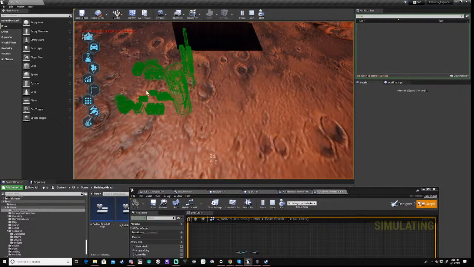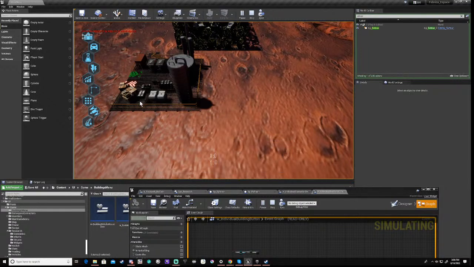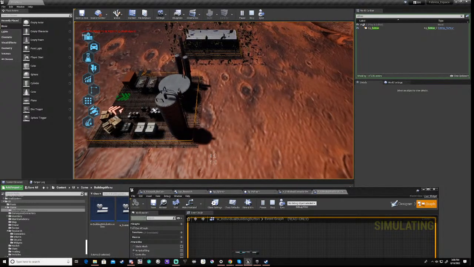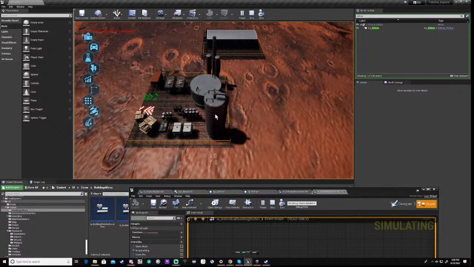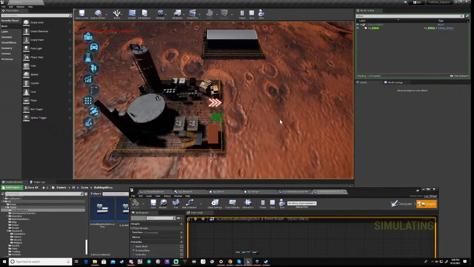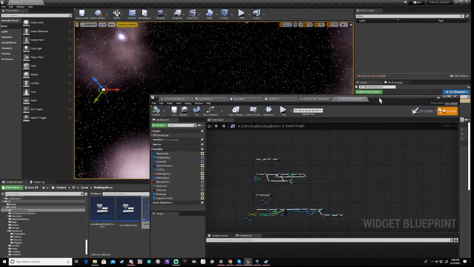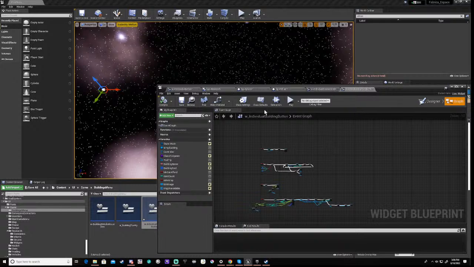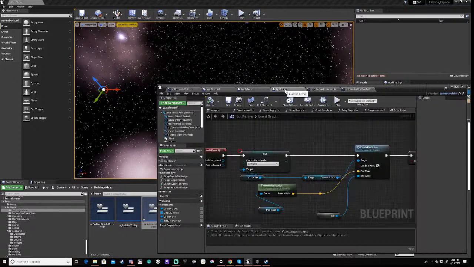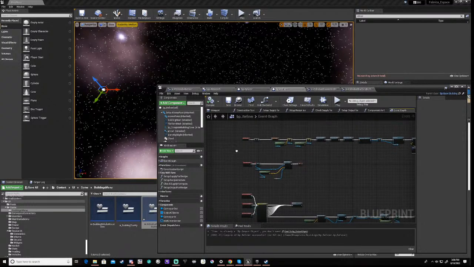Right, so if we draw that there, right, now you'll notice that doesn't highlight. So basically we've got the code already there, that when we hover over like the refiner, let's say,